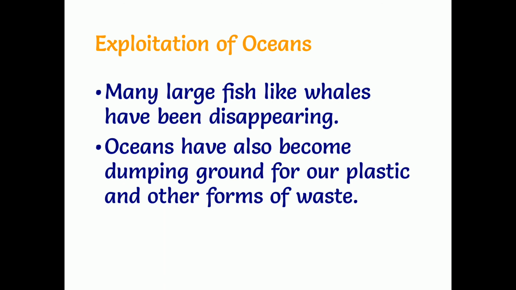For example, take our RK beach only. What we are doing is, mostly the puja flowers we have used in our house, most of us will put into a plastic cover and throw into the water at the beach itself. And at the time of Ganesh Nimarjan, all the idols will be dumped into the ocean water itself. Because of that, the ocean water is getting polluted. And not only this, when goods are transported from one place to another, at that time, if any oil leaks into the ocean water, all the aquatic organisms will be killed because of this. So a lot of damage is being created by human beings to nature also.